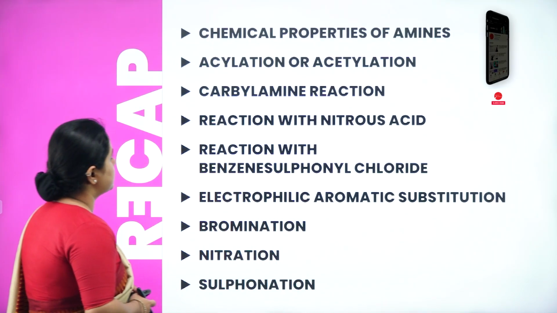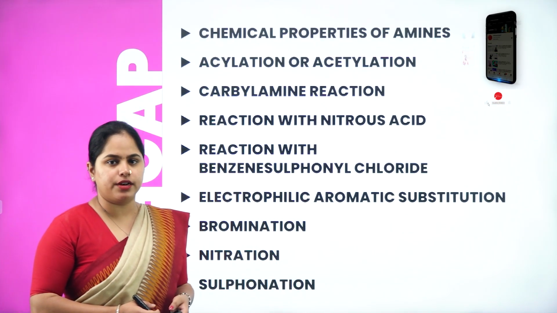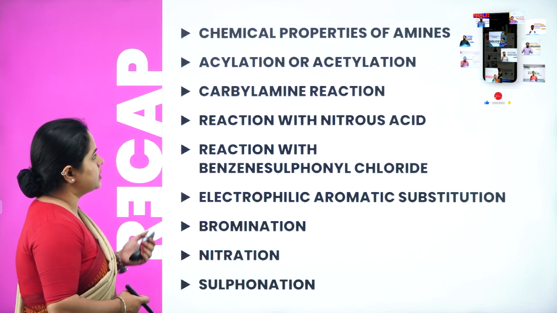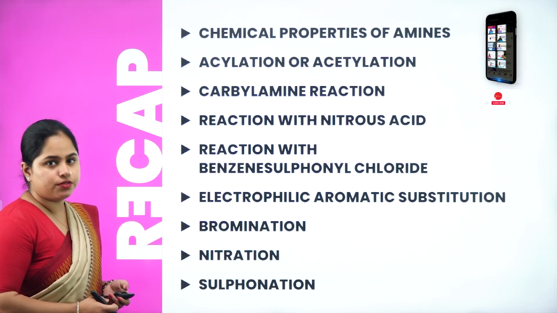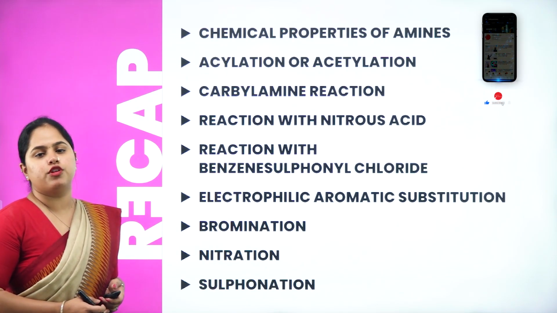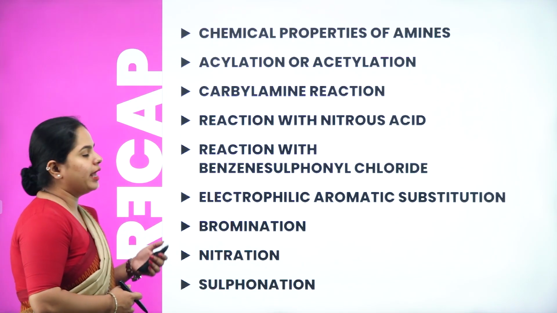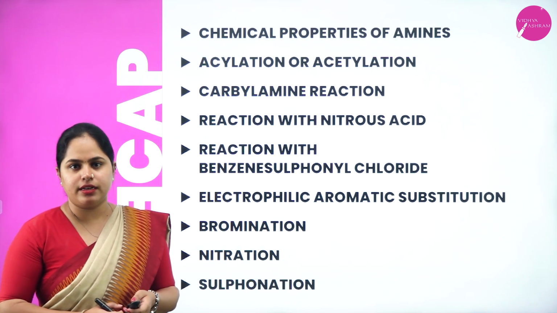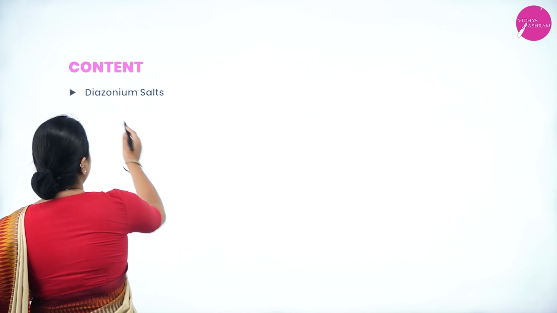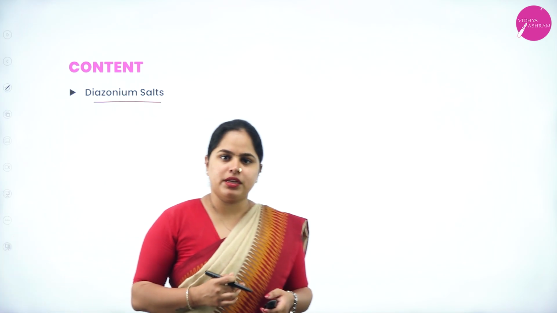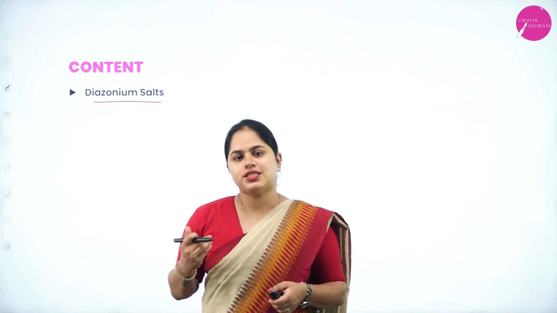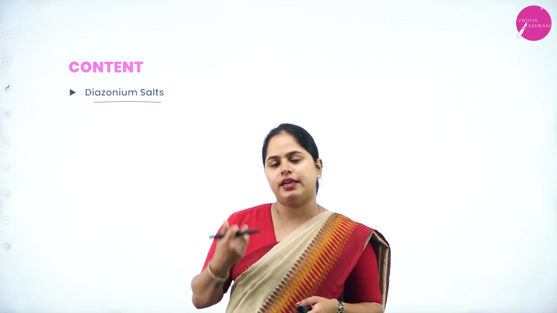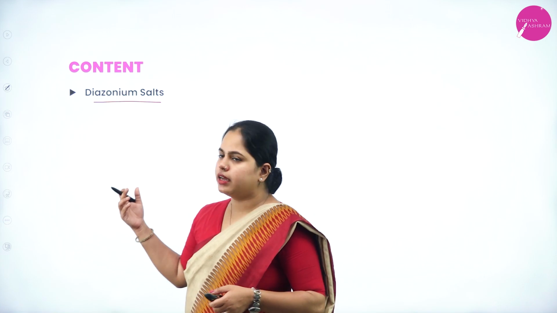In the last session we have discussed the various chemical properties or chemical reactions of amines, wherein we discussed acylation, carbylamine reaction, reaction with nitrous acid, reaction with benzene sulfonyl chloride, that is Hinsberg's reagent, and electrophilic aromatic substitution reaction, in which we discussed bromination, nitration and sulfonation. So in today's session we are going to study the next important topic, that is diazonium salts. You have already studied what is diazotization reaction, and in diazotization reaction you will be getting diazonium salt. Regarding that, the method of preparation, the physical and chemical properties we are going to discuss in